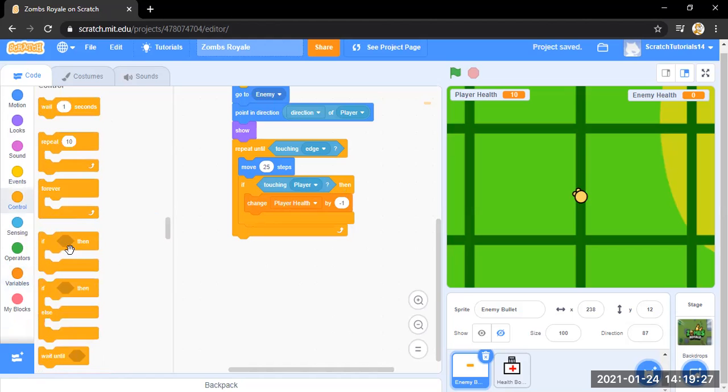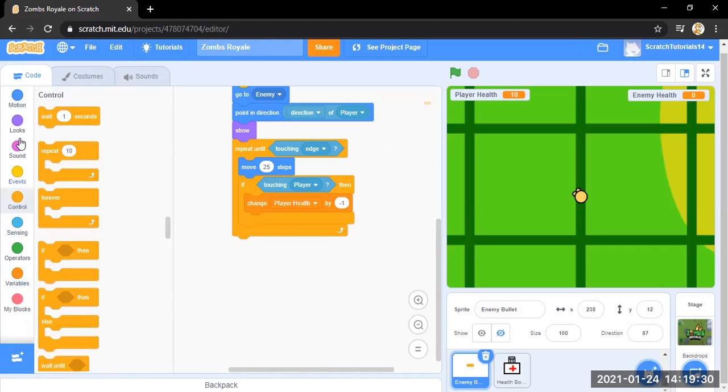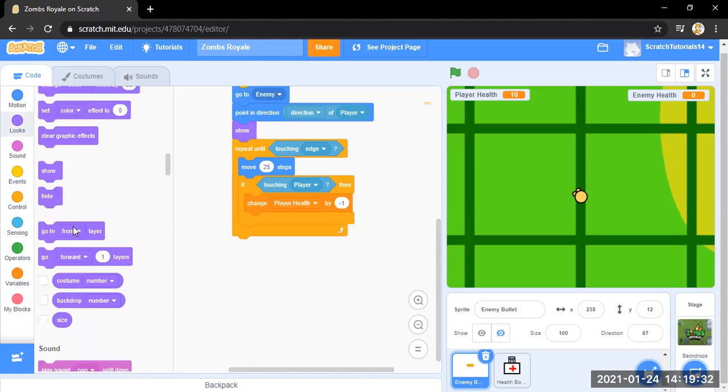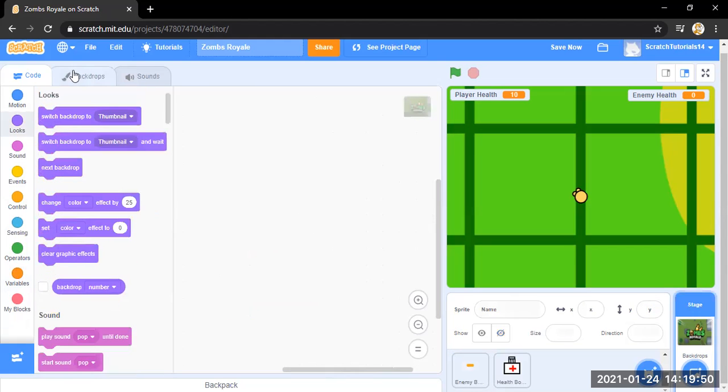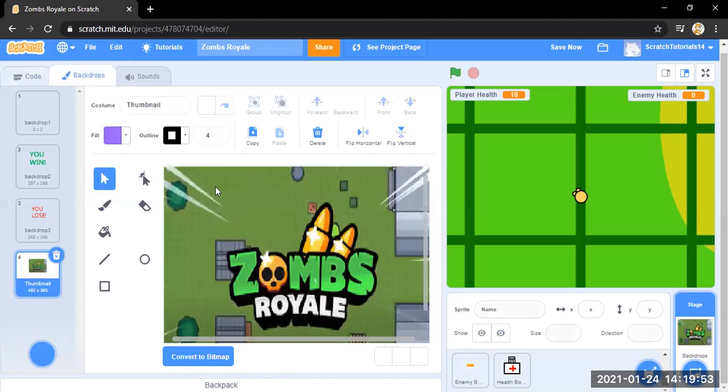And we don't need to make this wait 1 second because we have already set the broadcasting to happen after a second, so yes. And for the enemy bullet, it is done. First we'll do the backdrop. The health box isn't very important. So for the backdrops, the code will be